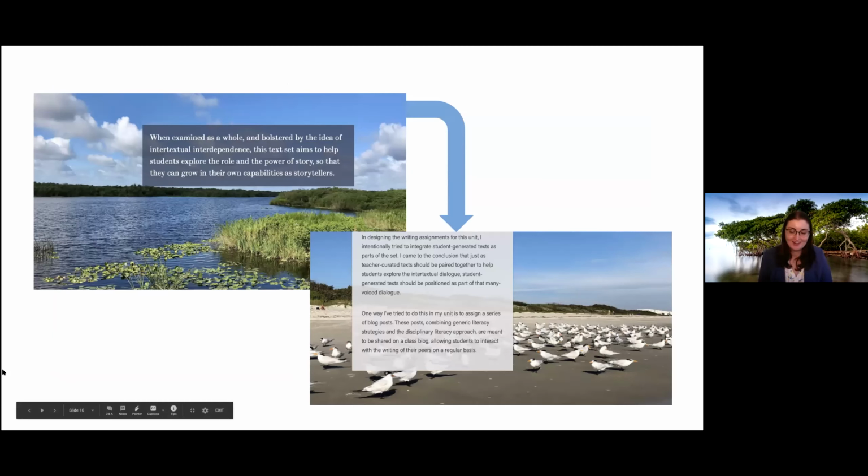The end result of my writing was an examination of how student writing is interconnected to the teacher-curated text set, and how student-generated text can be positioned, and perhaps even should be positioned, as part of our instructional text sets. Our students here in Florida and elsewhere throughout the country are experiencing climate change firsthand every day and should be welcomed into the conversation about climate justice through their writing. They have compelling stories to share, and I believe we can amplify their voices by encouraging them to use all the capabilities of their imaginations, to think verbally, to think visually, and to think aurally.